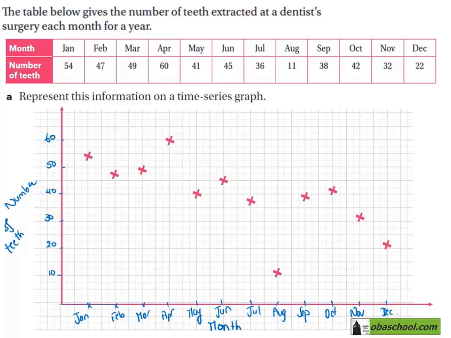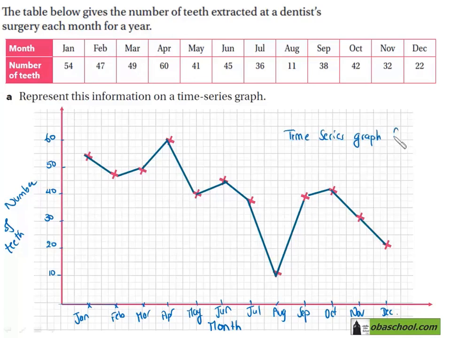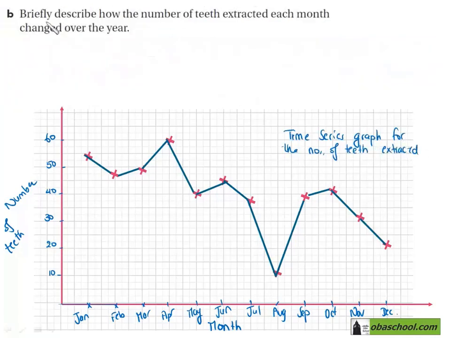Once you finish plotting the whole numbers, you need to connect the dots that you have plotted respectively. And so you're going to have to do this, of course, moving from left to right so that you can get the accurate line graph. And so this is basically the line graph that shows the number of teeth extracted at a dentist's surgery each month for a year. And so part B says, briefly describe how the number of teeth extracted each month changed